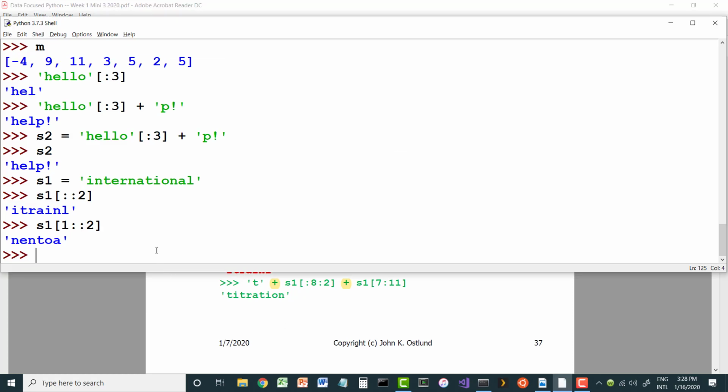So if I say give me a t, so to speak, and then add to that, let's see, S1 sub colon 8 colon 2. That means give me all of the characters up to but not including character sub 8. Character sub 8 is this I. So give me characters up to but not including 8, but only every other one. So I'm going to get the N, E, N. No, I'm not. I'm going to get the I, T, R, A. Okay, so I'm going to get itra from that,